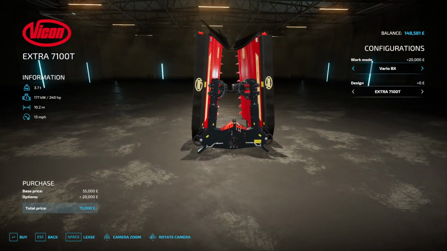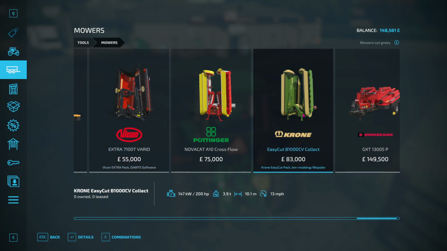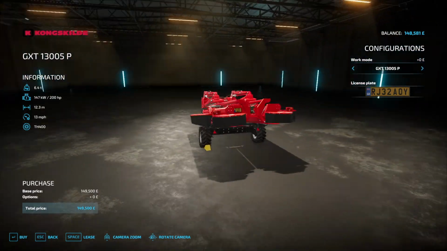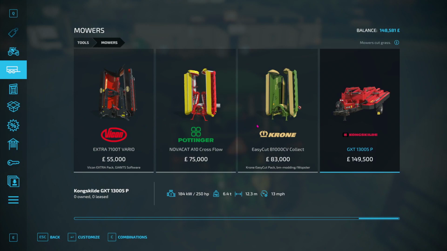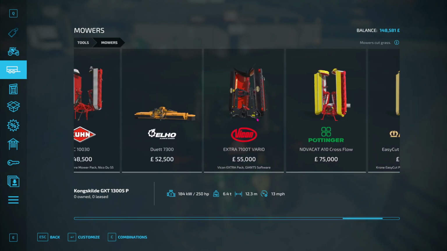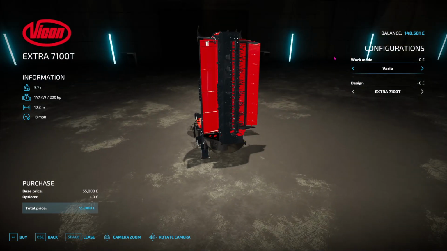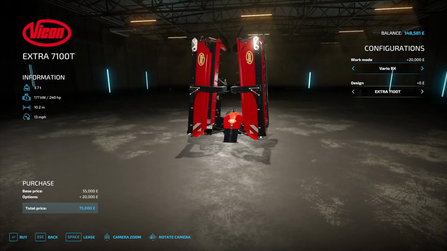This Vicon does the same. And wow, the horsepower needed. Woo! Boy. And it just gets even worse with this one. Wow. Okay then, it looks like I'm really going to be paying out for this one, aren't I? So it's this one, work mode, BK. Okay then, does that lessen anything? Yeah, it does. So I have to add 20 grand onto it so I can have a swath